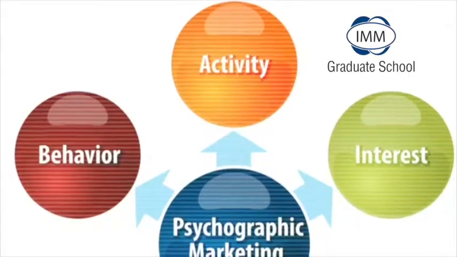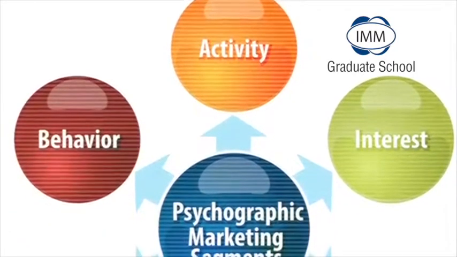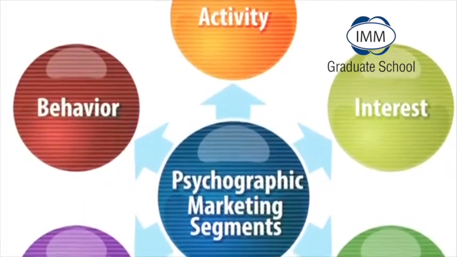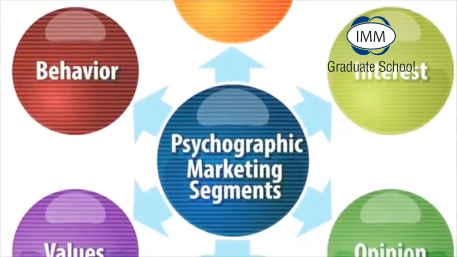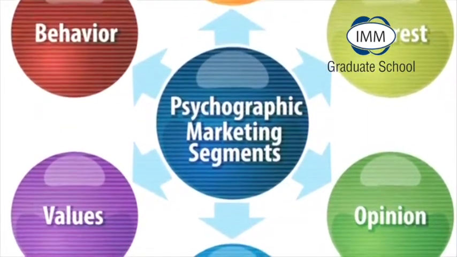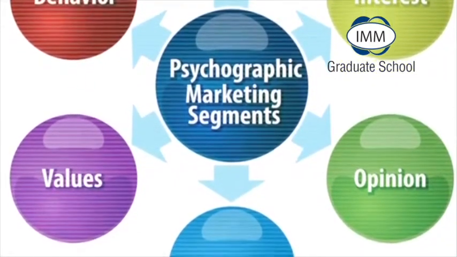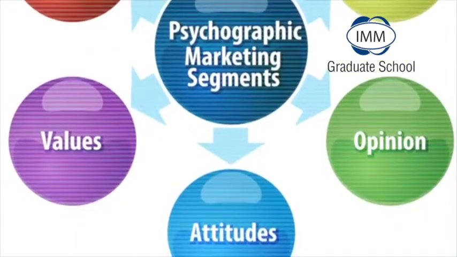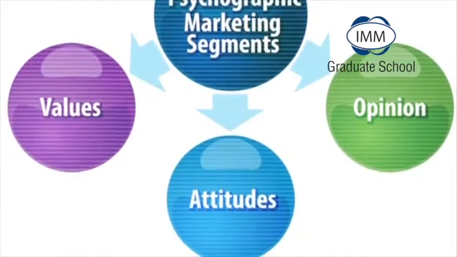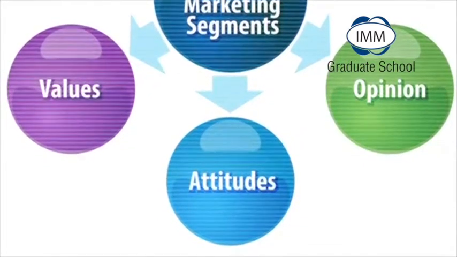So now we look at psychographics. Psychographics is not so easy to quantify. So it doesn't have numbers to it. We look at people's lifestyle, we look at their values. These are the things people like to do. So we start looking at their hobbies, we start looking at their values in life. So now we understand the difference between psychographics and demographics.